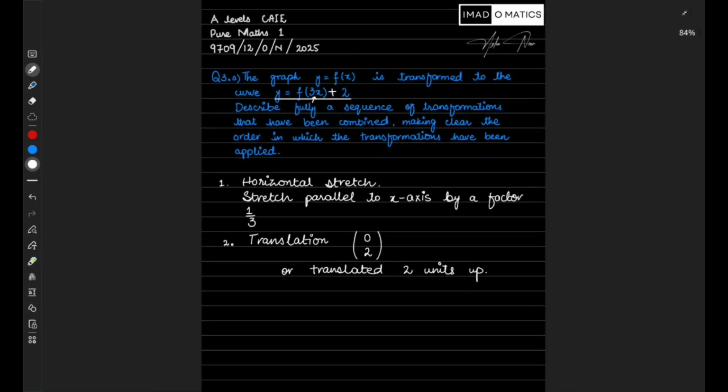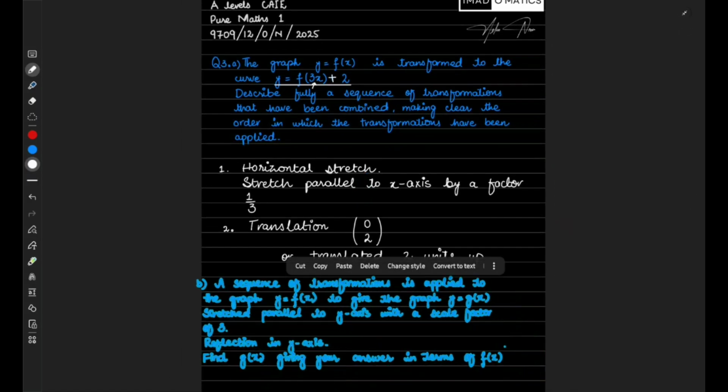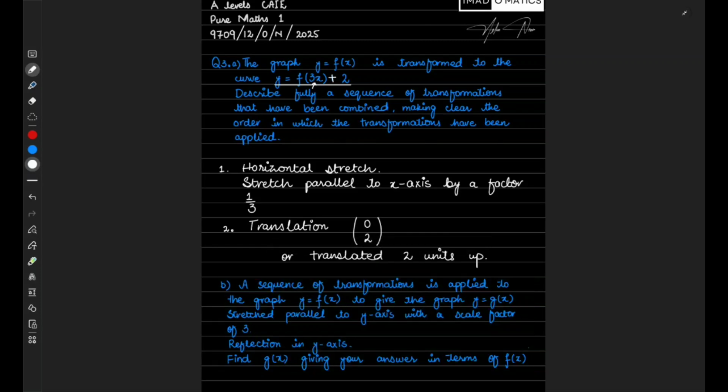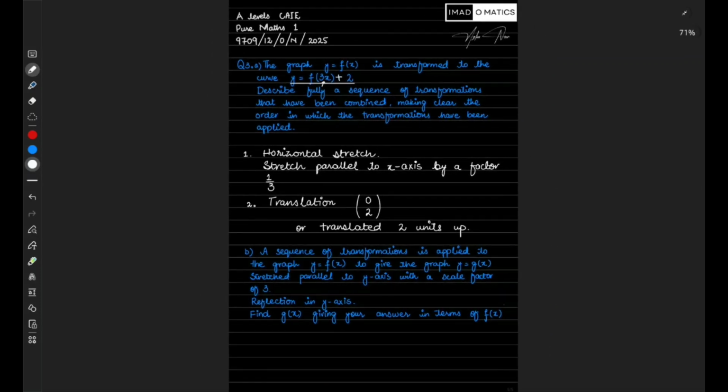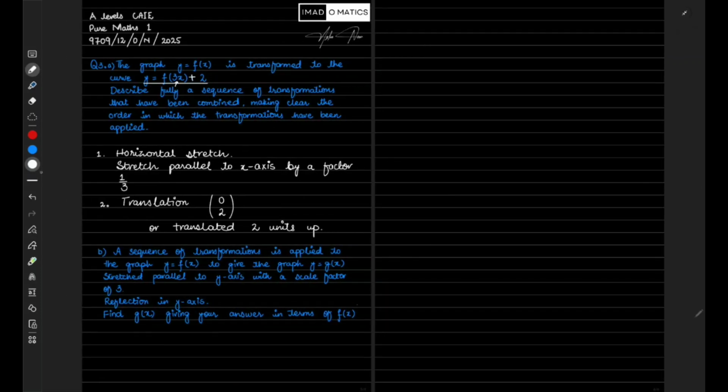Now let's talk about part B. Now they say a sequence of transformations is applied to the graph y = f(x) to give the graph y = g(x): stretched parallel to the y-axis with a scale factor 3. Okay, now the stretch is parallel to the y-axis, so it would be 3 times. Now g(x) would be 3 times f(x),